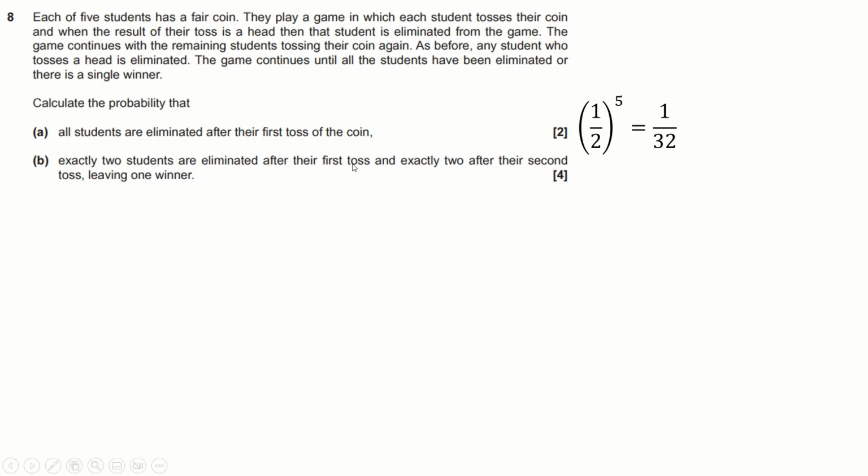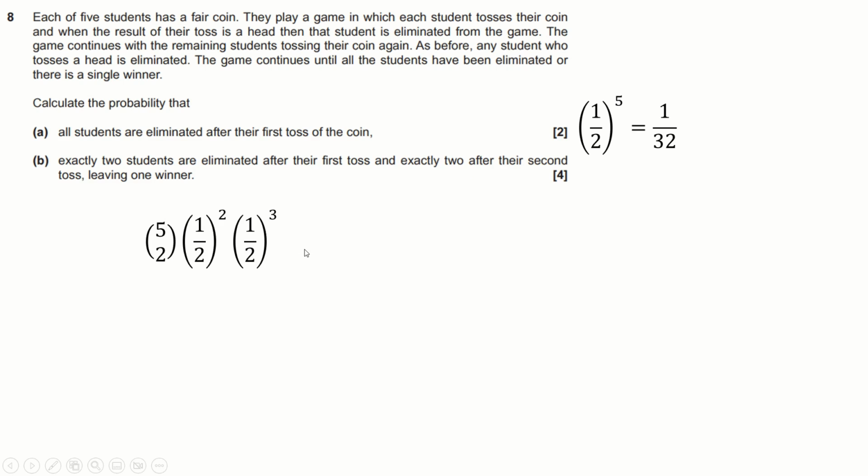Exactly 2 students are eliminated after the first toss, so we need 2 heads amongst the 5 in the first toss, and 2 in the second toss, and the third one needs to get a tail, and then we don't care because they've won automatically when the other 2 are out. So okay, well this is a bit like a binomial, right? You say 5 choose 2, you want any 2 of the 5 people, you can type 5 choose 2 into a calculator of course, you want 2 of them to get heads, and you want the other 3 to get tails. Of course this is just 1/2 to the power 5, because it happens to be a fair coin, but it doesn't really matter. I'm representing 5 choose 2, 2 of them get heads, 3 of them get tails,